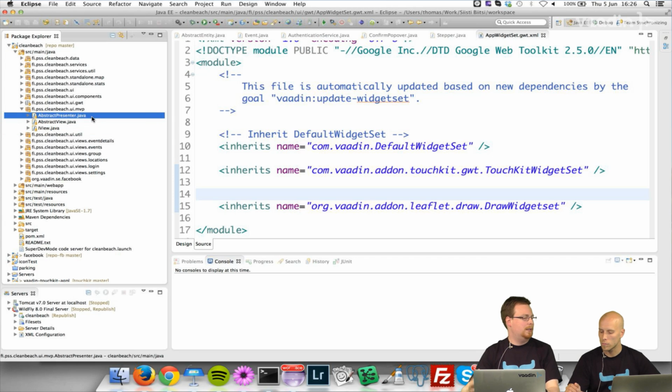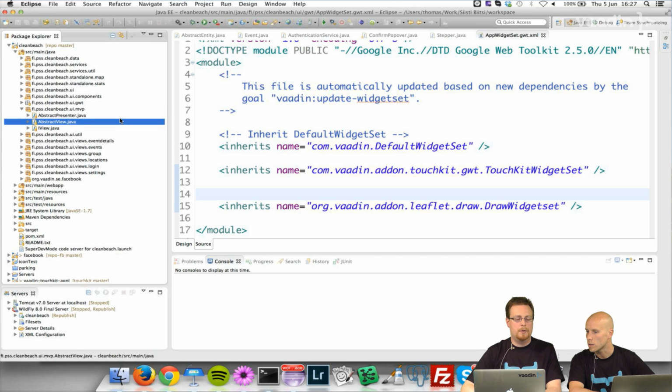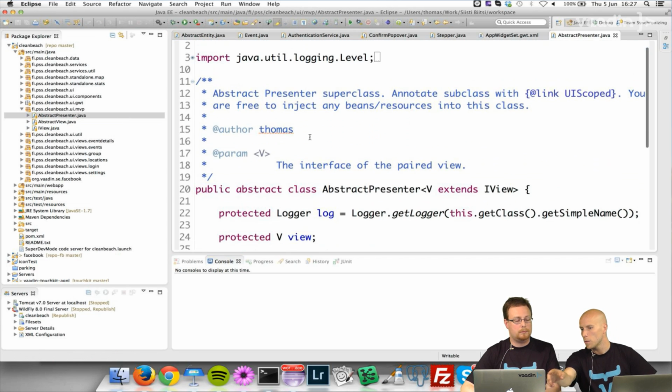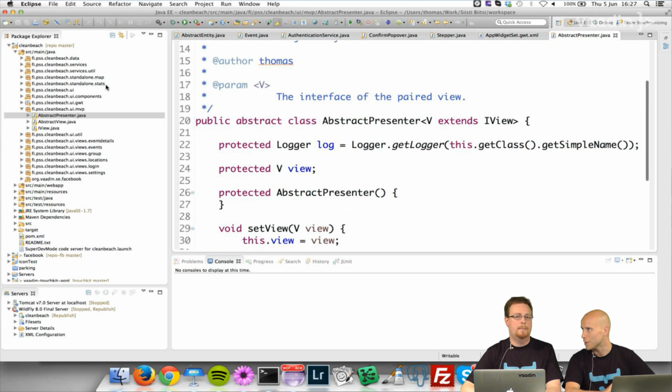We're not going to talk about how MVP actually works here. There's a lot of nice resources on the web. But in this case, I'm basically dropping the model class completely because I don't really need it. I'm just using a very simple presenter view pattern. So basically your model is the entities themselves, and I just pass them along in method calls.